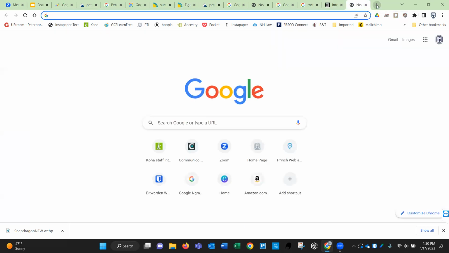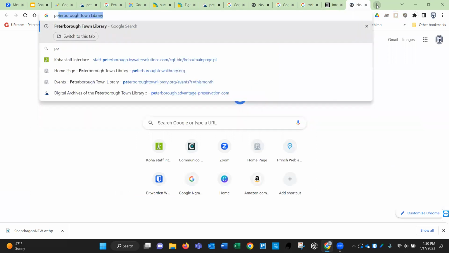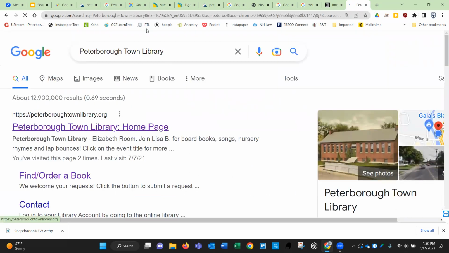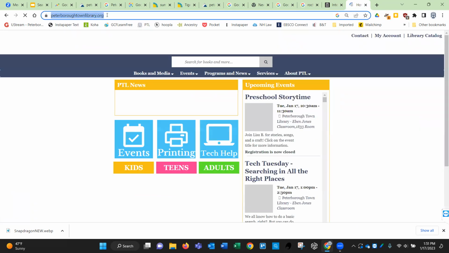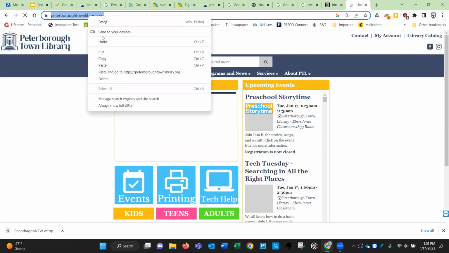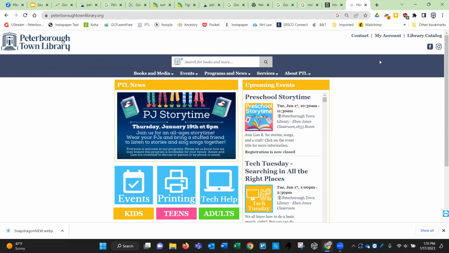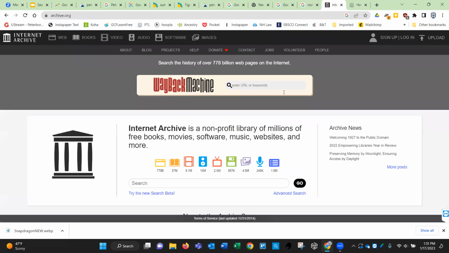The example I find fun are things that you know. So Peterborough Town Library. If we copy this, this is what the library website looks like today.